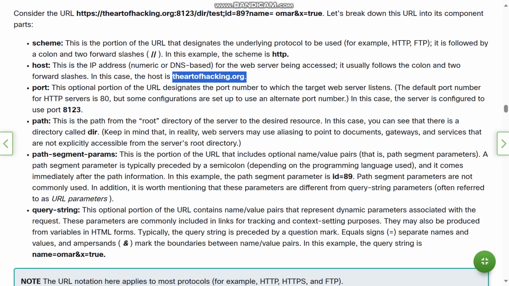Port. This optional portion of the URL designates the port number to which the target web server listens. The default port number for HTTP servers is 80, but some configurations are set up to use an alternate port number. In this case, the server is configured to port 8123. Path. This is the path from the